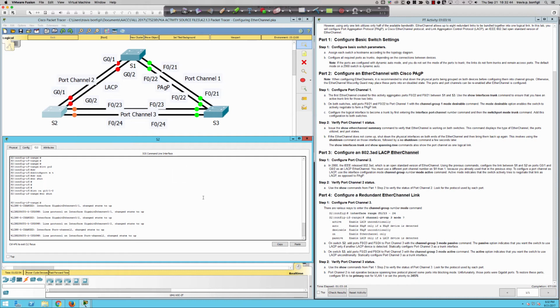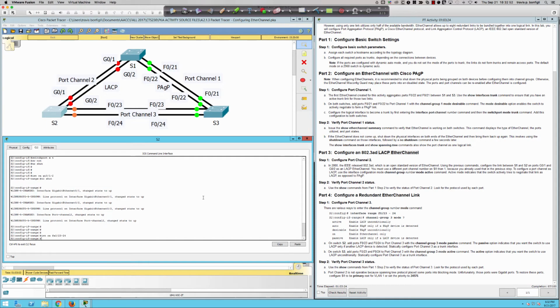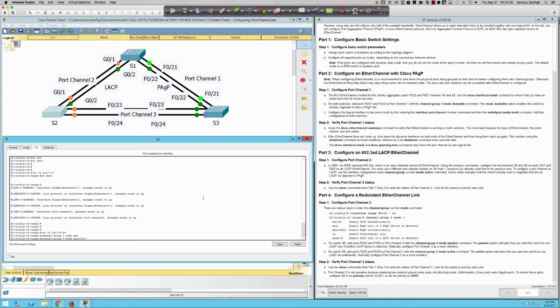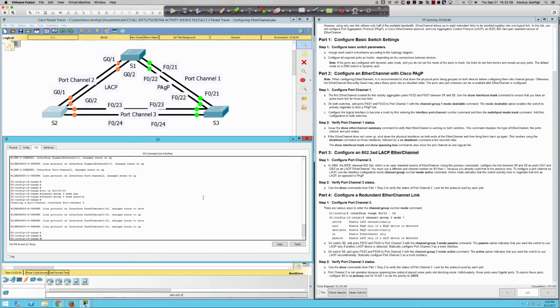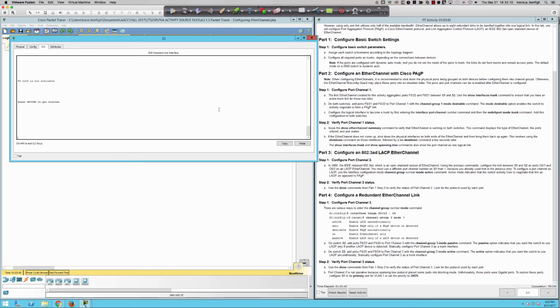So while spanning tree is doing its thing there, we've got other work on switch 2 here. Interface range FastEthernet 0/23 and 24. I'm going to say channel group 3, right? It's got to be different than what's locally already defined here. Mode, and this is where it wanted me to do passive on switch 2. So we'll do that. And then on switch 3,